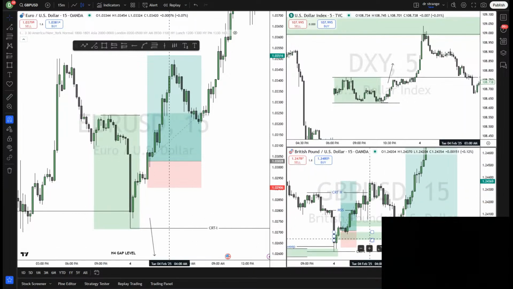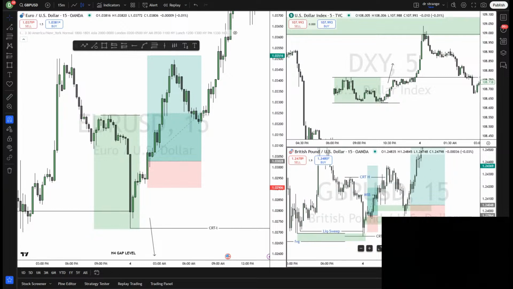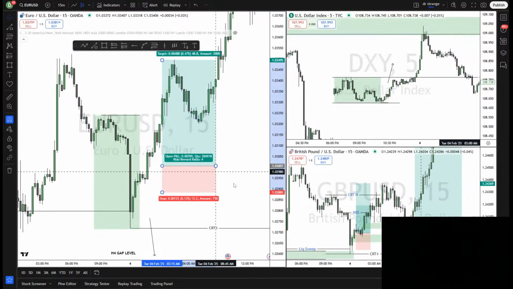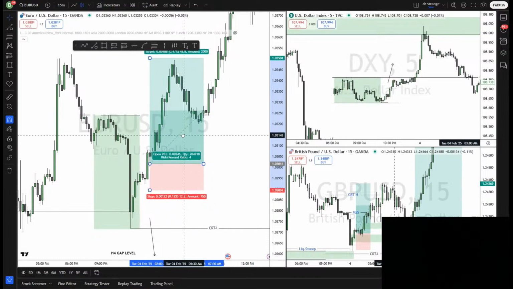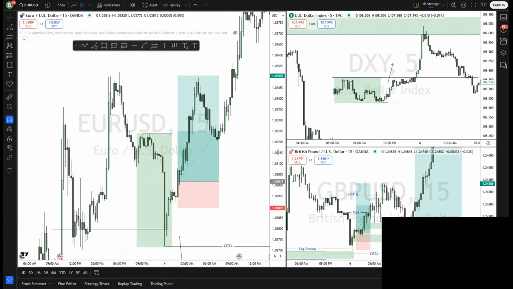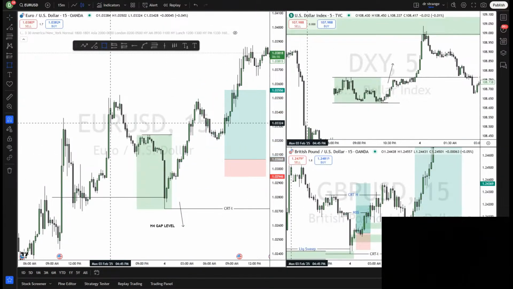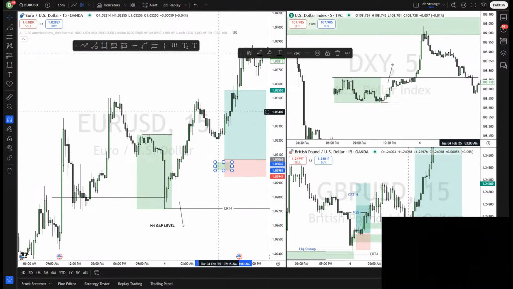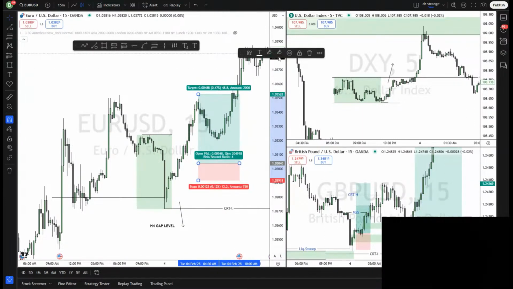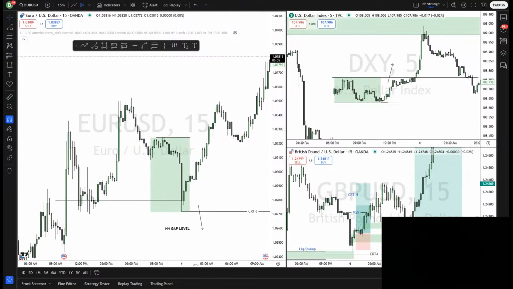So I want you to be watching GBP USD and Euro USD and the DXY if you want to frame a trade on these pairs. And then you look for a trade which gives you a high risk reward. Most times when Euro USD takes off, trust me, it will not come back. You see, each time we confirmed, we don't even retrace, it just keeps going up. GBP USD may give you some good setups and it may move a little bit, but this pair, when it has taken off, it takes off immediately.